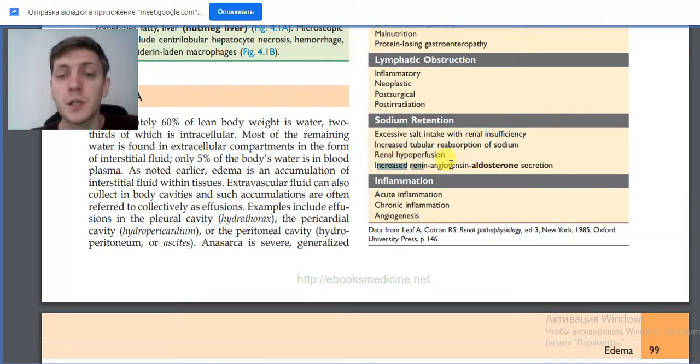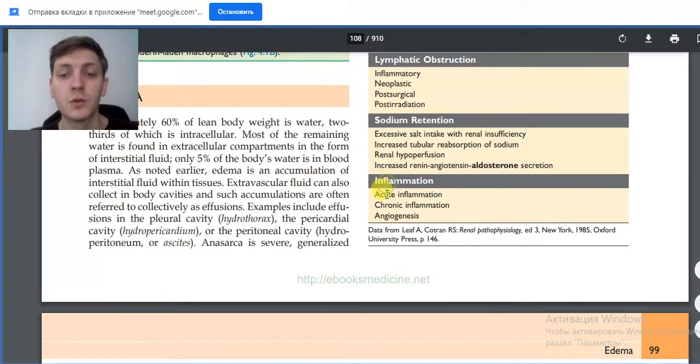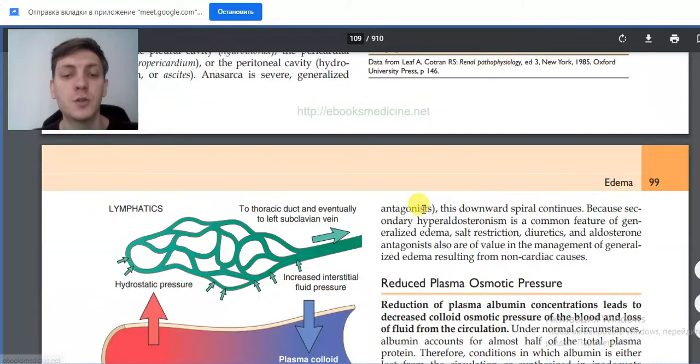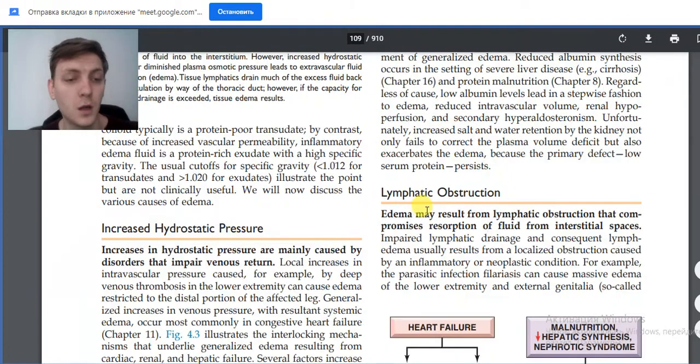Increased renin, angiotensin, aldosterone secretion. Due to them, it returns sodium back into the bloodstream, and that's why water is also retained. And due to sodium retention, more water is present inside the blood, and hydrostatic pressure is increased. Due to this, swellings are more common in the tissues. And also inflammation. Inflammation itself causes the edema, not only inflammatory lymphatic obstruction. It might be acute inflammation, chronic inflammation, and in time of angiogenesis, it is also present. Okay,